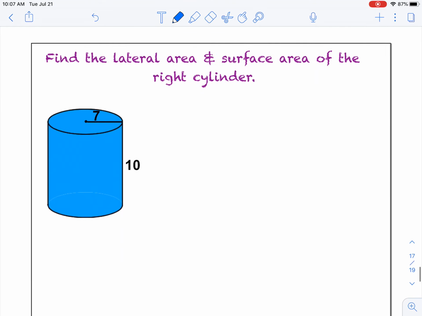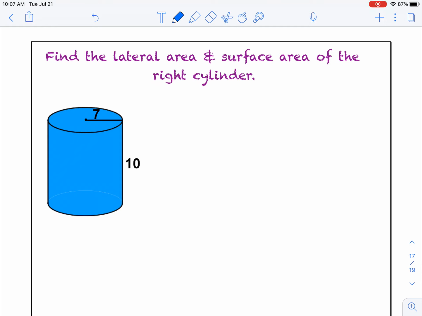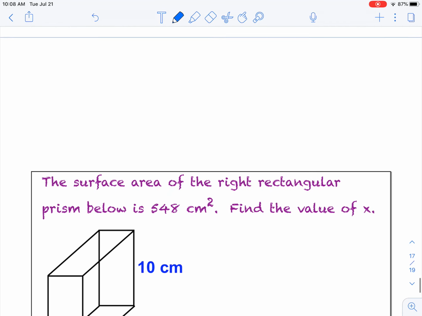So find the lateral area and surface area of the right cylinder. I'm going to have you try this one on your own and then check back to the notes to see if you've done it correctly. Remember, you are going to find the lateral area separately from the total surface area. Let's move on